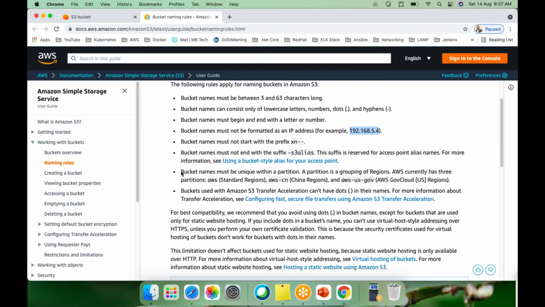Bucket names must be unique within a partition. A partition is a grouping of regions. AWS currently has three partitions: the AWS standard regions, China regions, and AWS GovCloud US regions. Whatever bucket you create should be unique within these partitions.